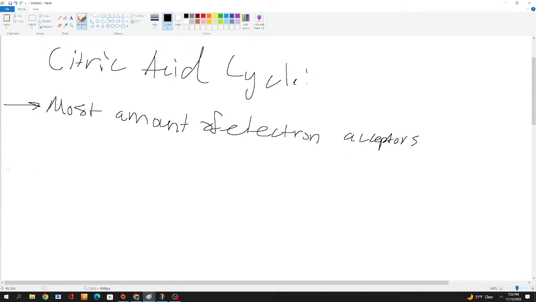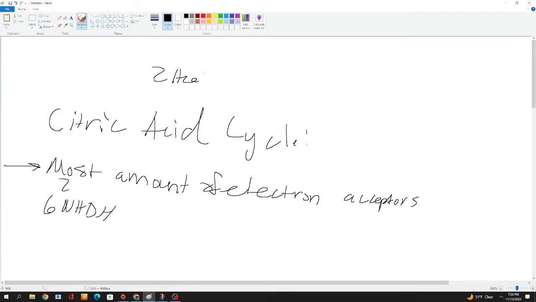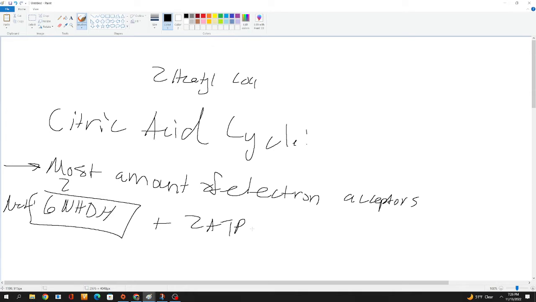That is why it's significant. For example, it makes 6 NADH in 2 rounds. In 2 rounds, remember, you get 2 acetyl-CoA, so this citric acid cycle happens 2 times, but in total, the net, you get 6 NADH, you get 2 ATP, net total, and lastly you get 2